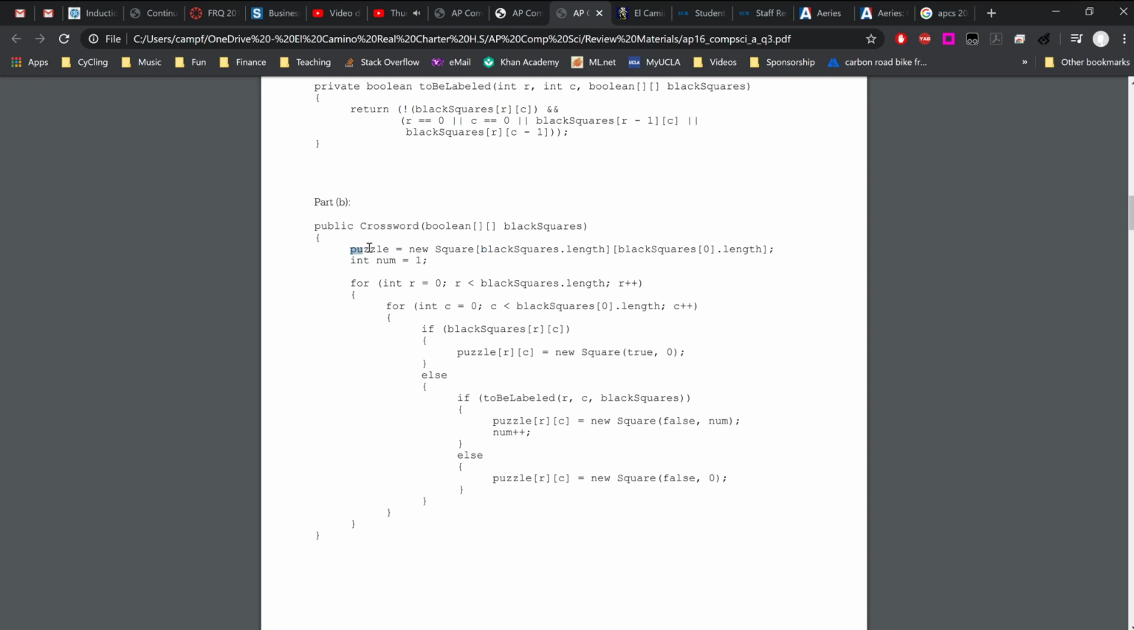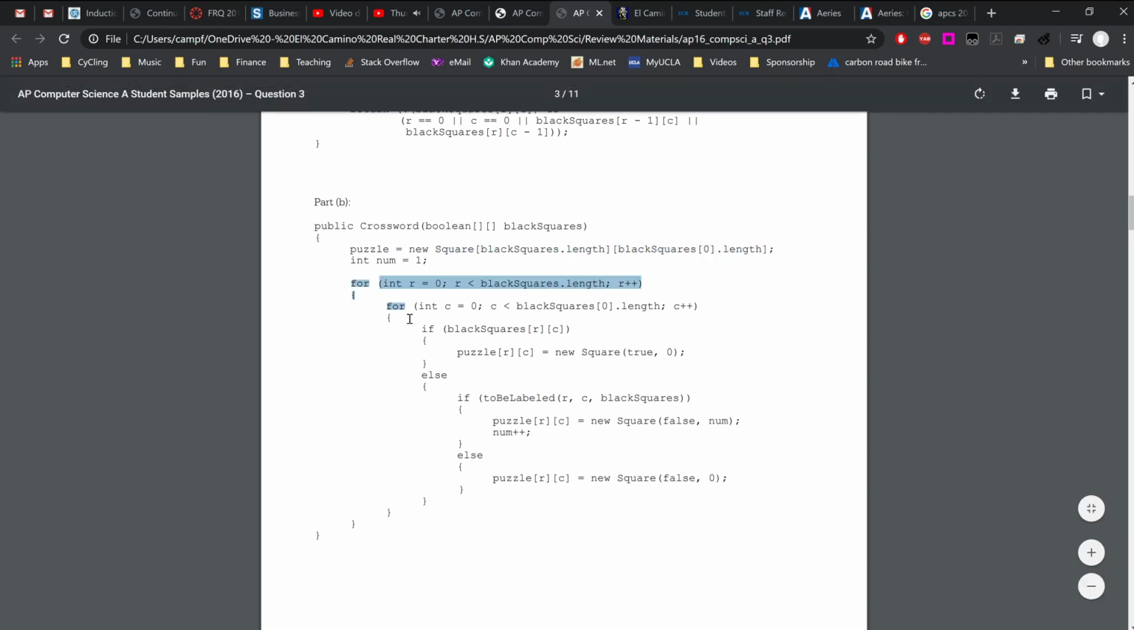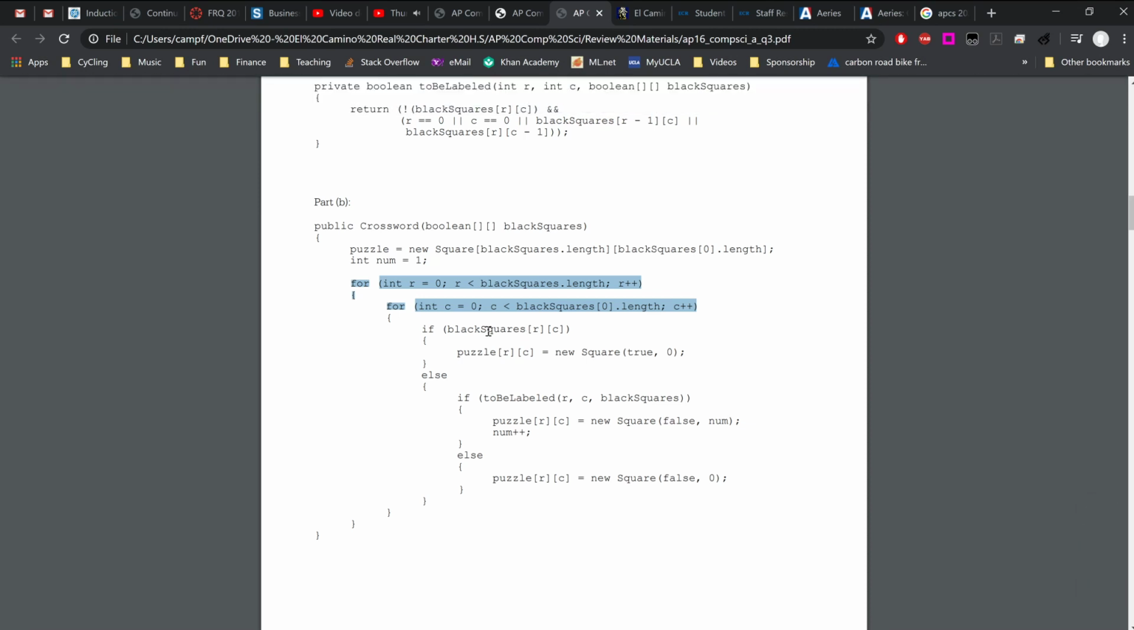So puzzle is going to become a new 2D array that we create here. Then we have those two loops, our nested for loops that I talked about here. And we're going to go ahead and go into